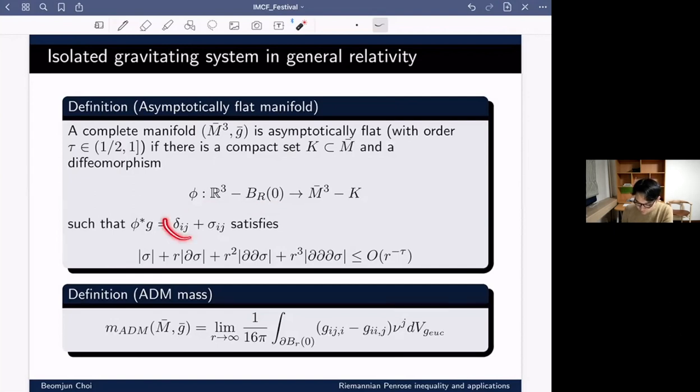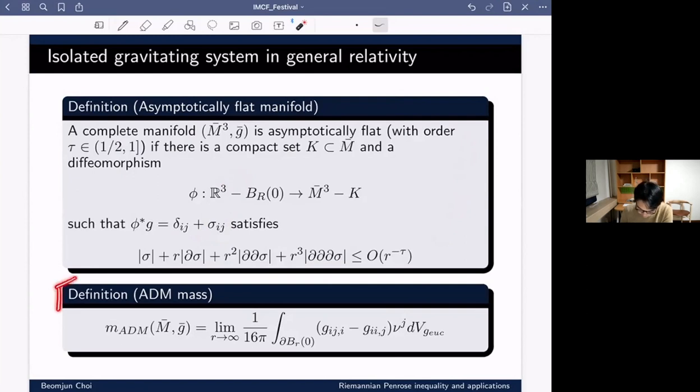Here is the Euclidean metric, and here is the error. And the error decays very fast with order r to the power minus tau. And tau now is assumed to be greater than 1/2. And my remainder decays, and its derivatives also decay with the same order. Under this assumption,